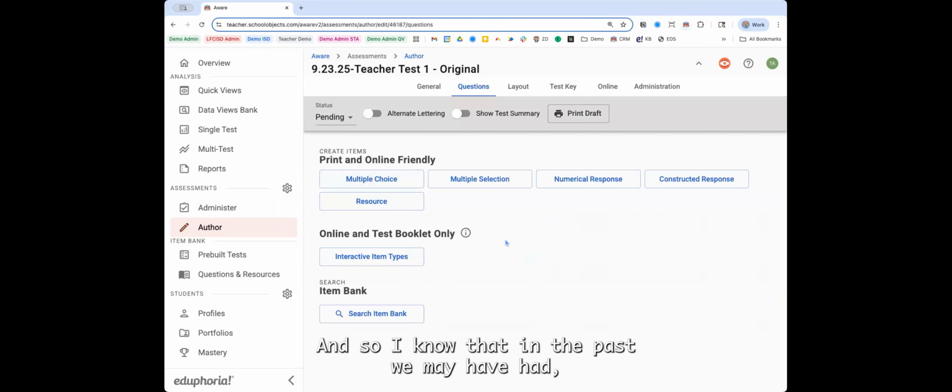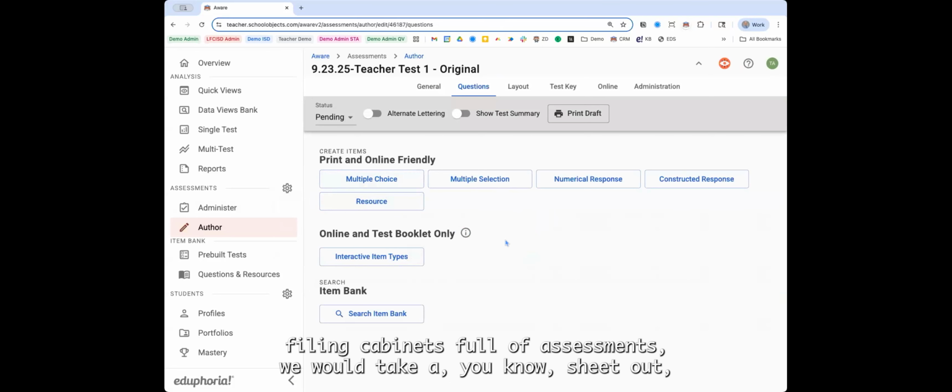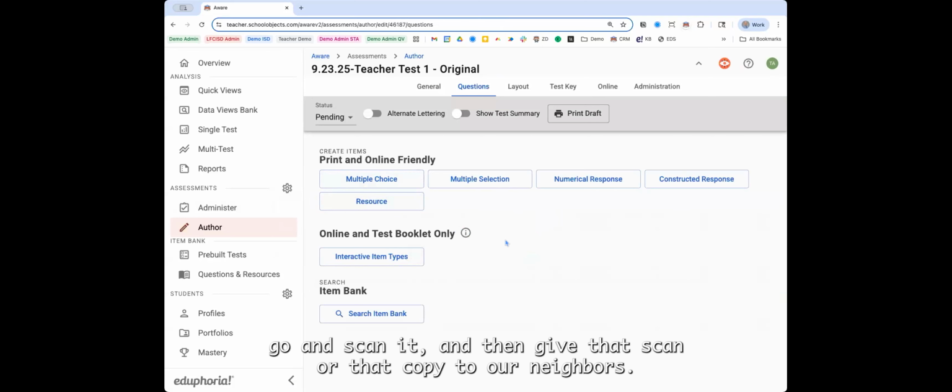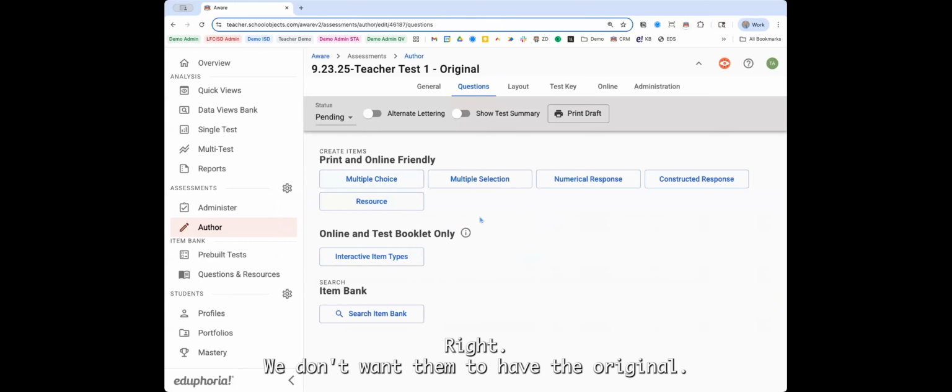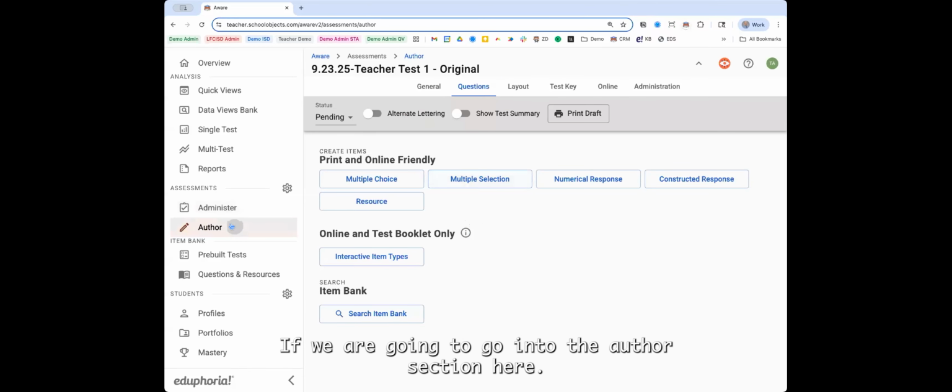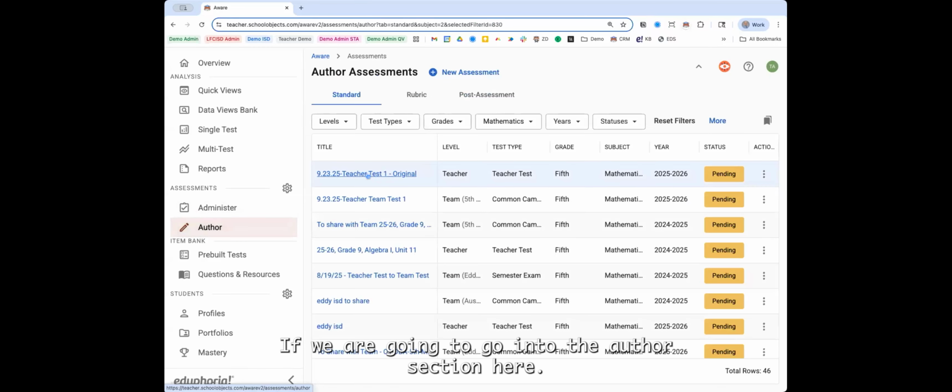And so I know that in the past, in the old days when we used to have filing cabinets full of assessments, we would take a sheet out, go and scan it, and then give that scan or that copy to our neighbors, right? We don't want them to have the original. So that's a great thing to do if we are going to go into the author section here, and then